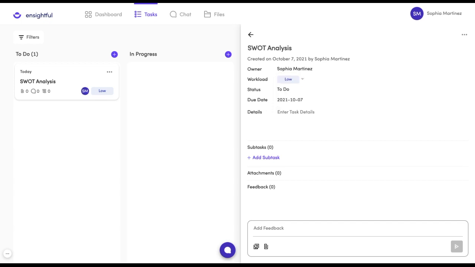For workload, you can just think about how much time or effort is needed to complete the task. For a SWOT analysis, I'd say it's a relatively low workload task because you can probably finish it relatively quickly. However, if the task is something like doing market research or writing a business report, then that might be more of a medium or high workload task because it might take you and your team more than a few days